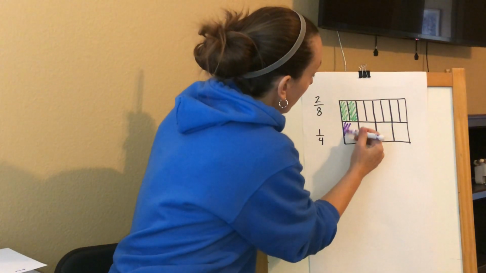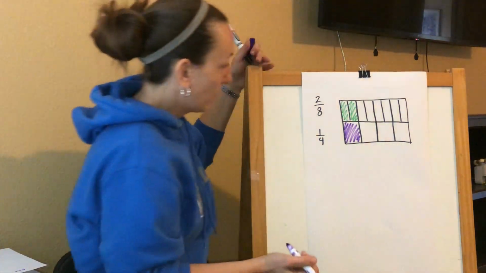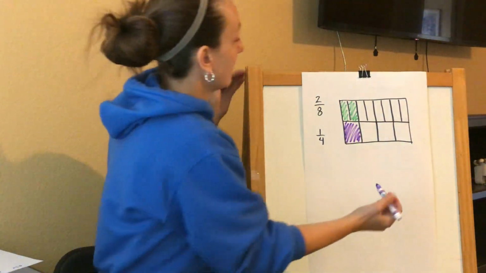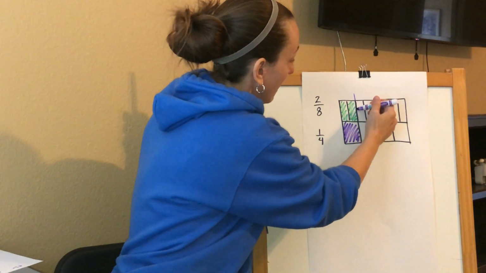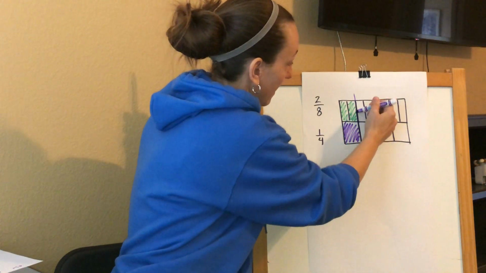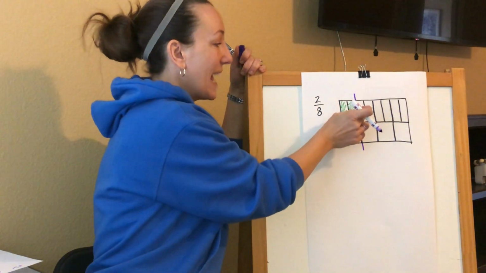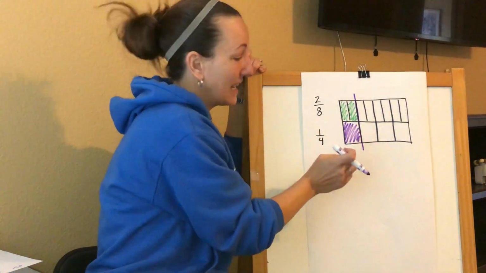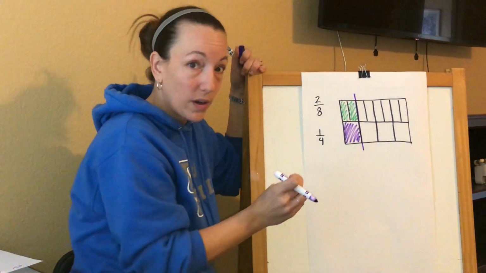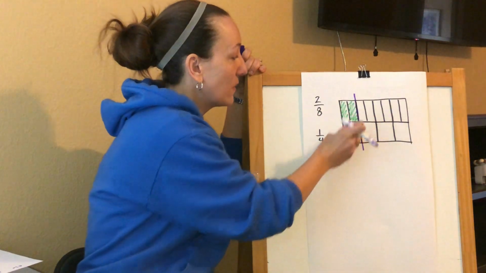So 1 out of those 4 equal pieces. And what we can see is that these 2/8 have the same area as this 1/4. So because they have the same amount of space colored in,